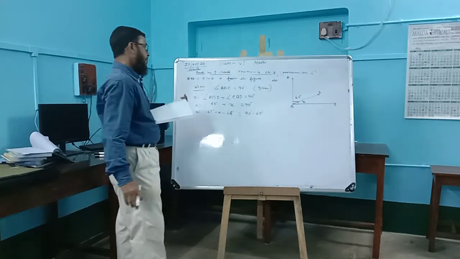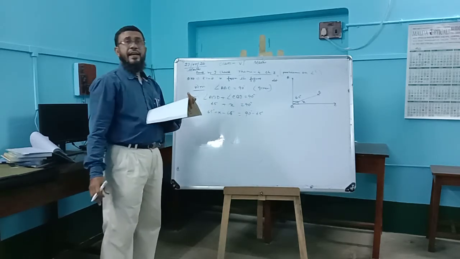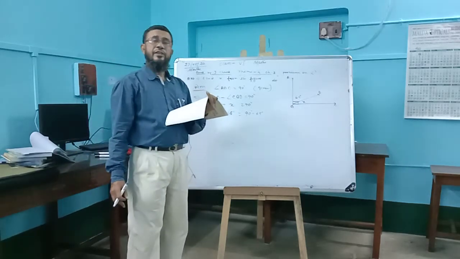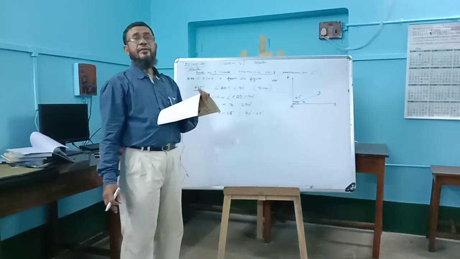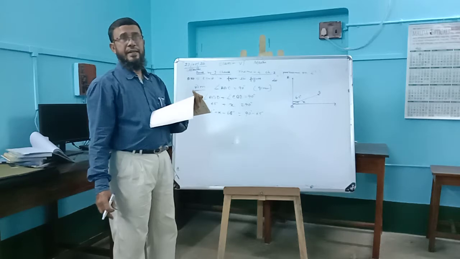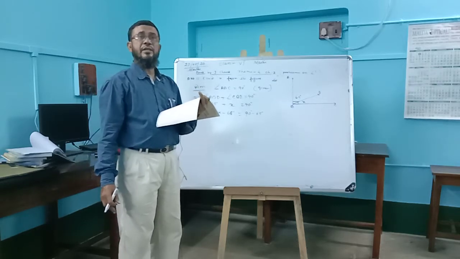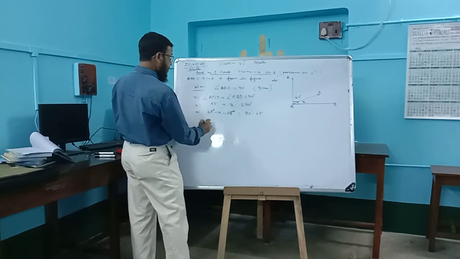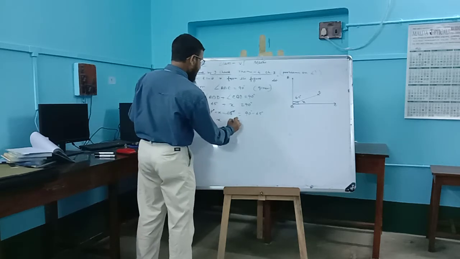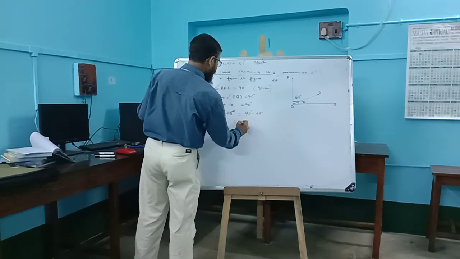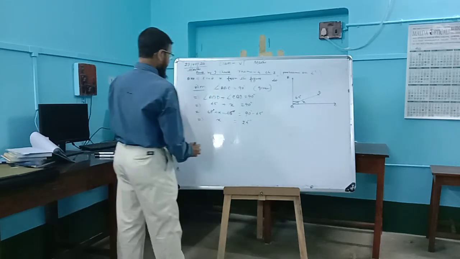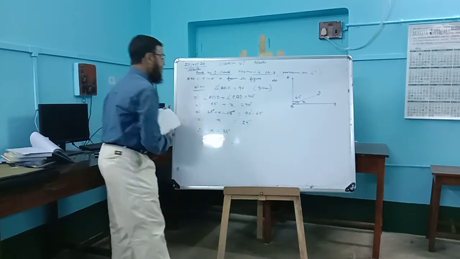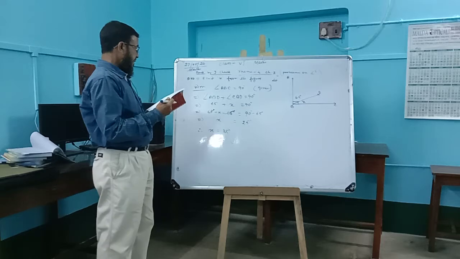This is an equation in algebra. If the same number is added, subtracted, multiplied or divided on both sides, then an equation in algebra remains invariant, means remains the same, unchanged. Subtracting 65 from both sides, this will vanish. This implies x equal to 25 degrees. This is the answer.